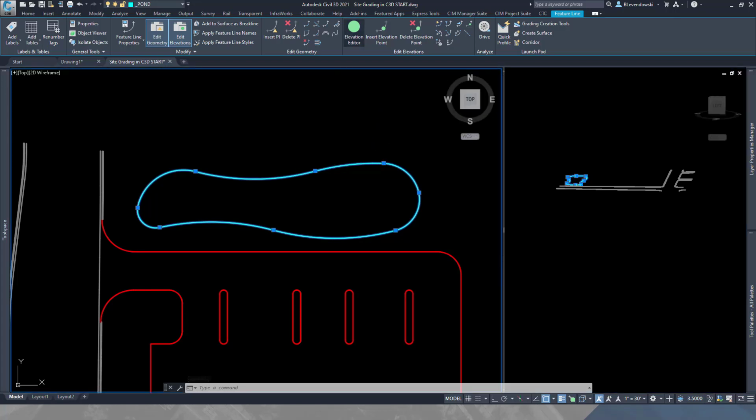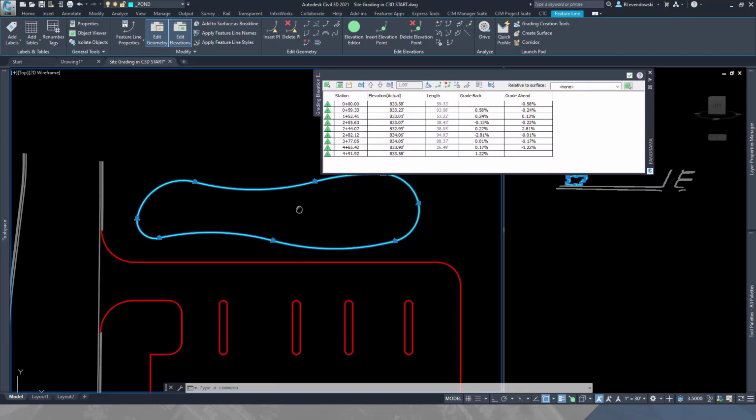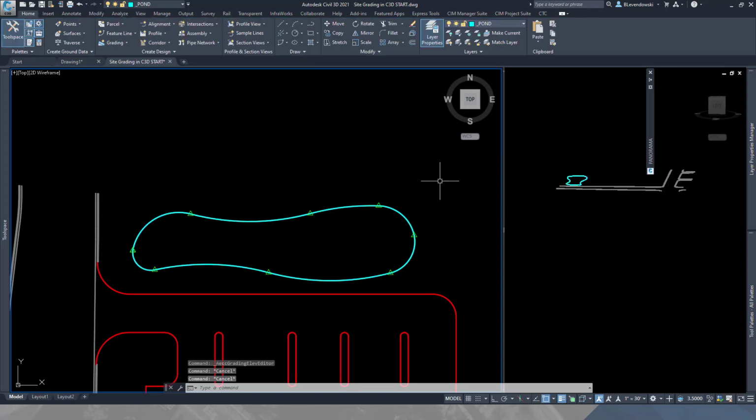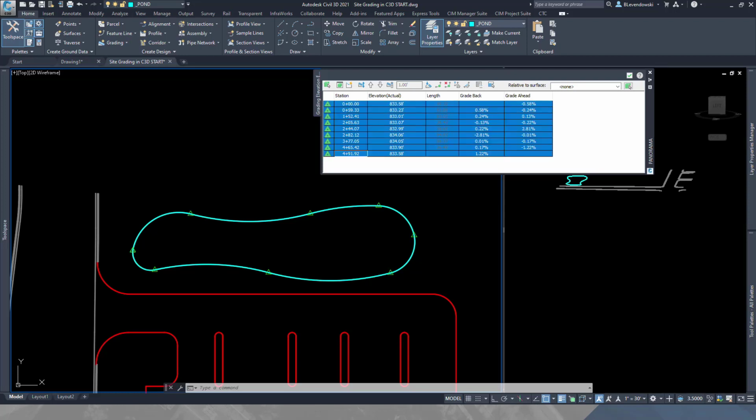Now to start this out, I like to launch the elevation editor. This is that tool I mentioned in the PowerPoint. It gives me a list of all of the vertices in my feature line. Now it's kind of a handy tool because you can access every one of them, but the problem is that it's a list by stationing, which is not something you're normally concerned with. And so I like to use this for more mass editing, where I come in here and do a Control-A, and if we look at the elevations,